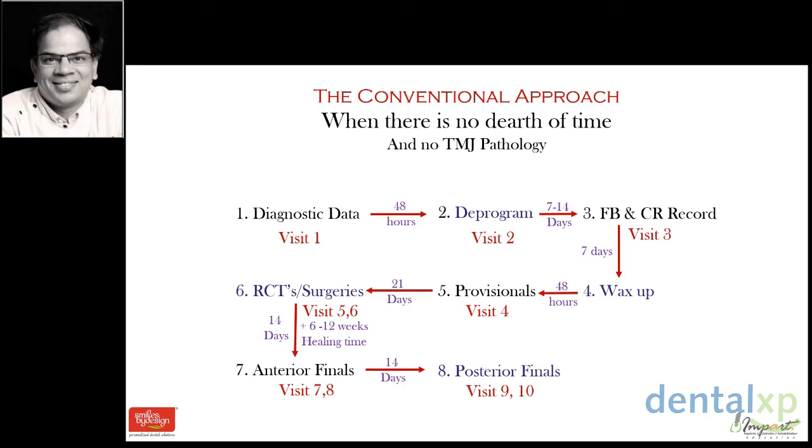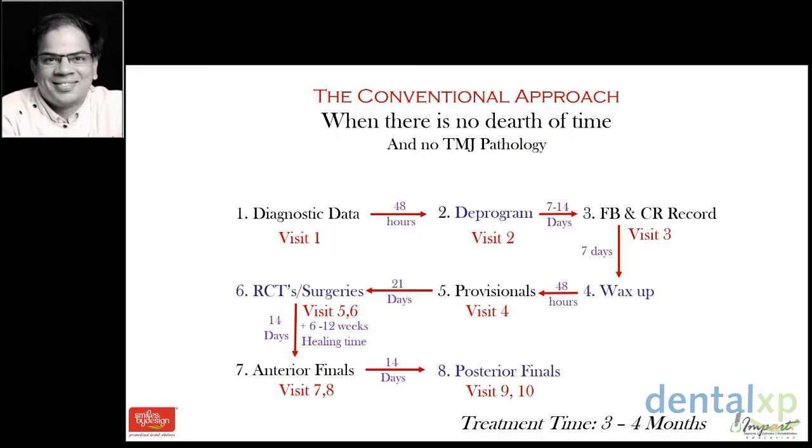So given a choice, I would stage the final restorations into 2 parts rather than doing all the 28 restorations together. But of course, if time is of essence and we want to minimize the number of sittings, then step number 7 and 8 can be done in one go. So when we are treating this patient now, and we will look at the entire protocol, we will do a staged approach. We will spread out the treatment nicely so that we can work on the entire concept in that manner. Our overall treatment time would be around 3 to 4 months. When you have done enough cases over a period of 10 to 15 years over this timeline, then comes a time when you can start to shorten the timeline.